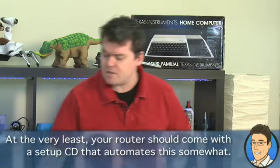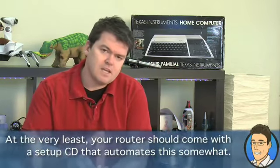So you're going to have to drill into your router initially to do this setup. There are some technologies that will allow you to do automatic setup, and I think you'll probably talk a bit about that towards the end of the segment. But just for the geeks out there who just want to get into the router, stop messing around,